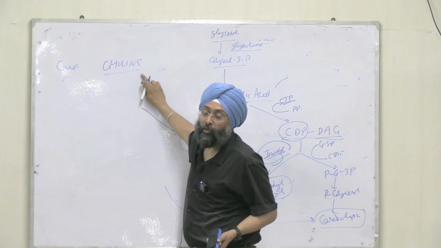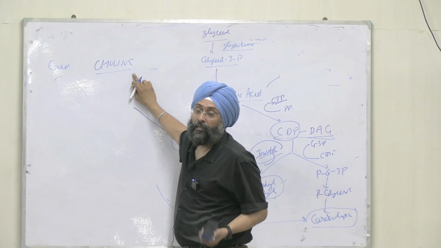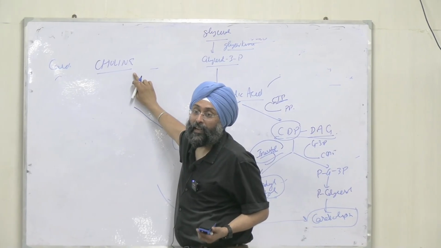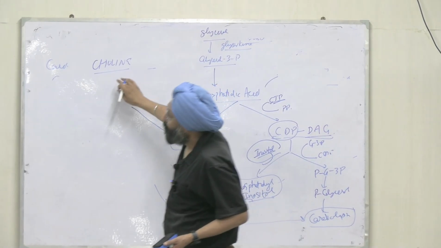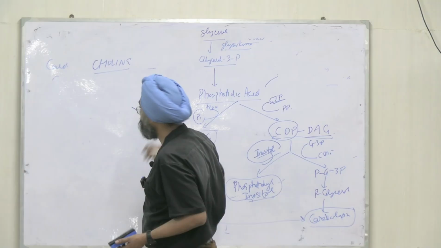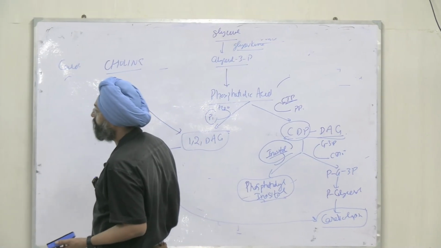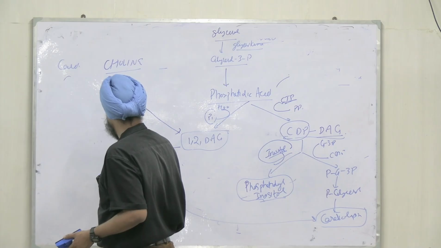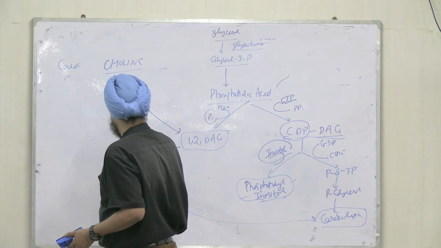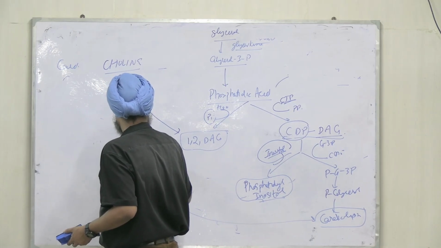It is one of the very good phospholipids that is important for lung surfactant, right? So when choline is attached to 1,2-diacylglycerol, we get our phosphatidylcholine,